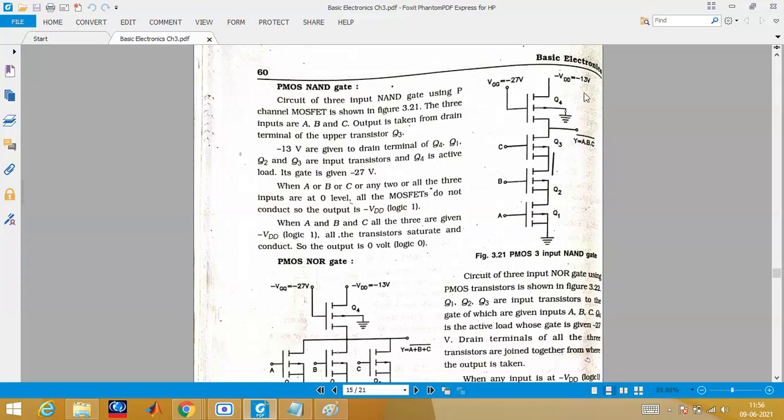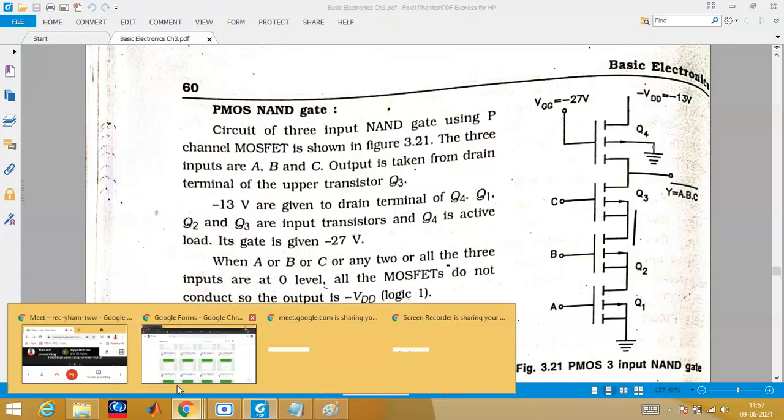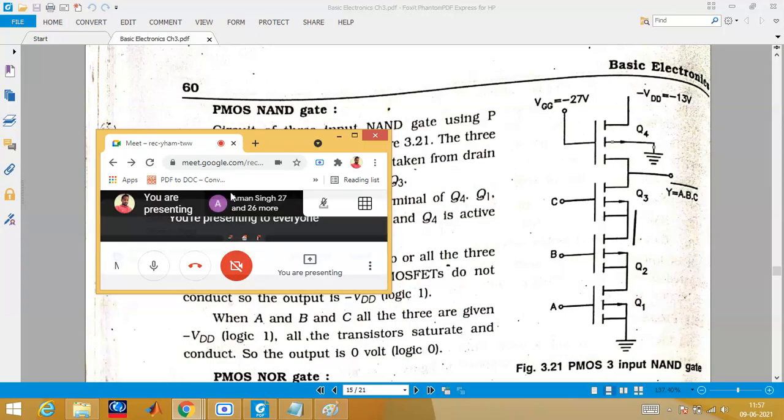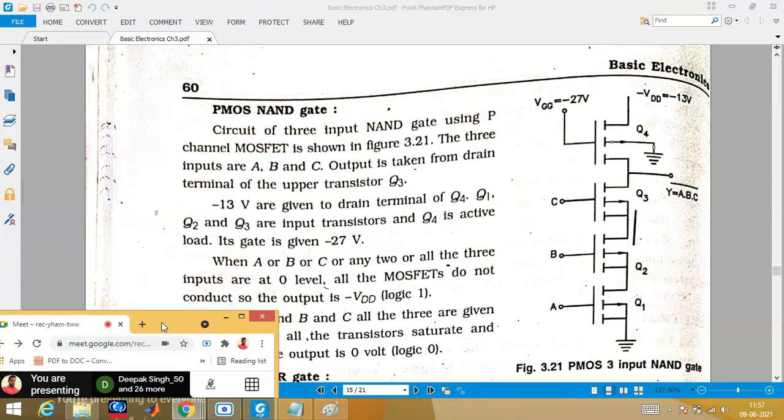And this is known as the pull up transistor. This is your active load, and these are your sources. It will behave like a switching circuit, and here you will get the output. Now let me zoom it somewhat. Now it is very much visible, I think, for all of you. Okay, let me put this screen here.